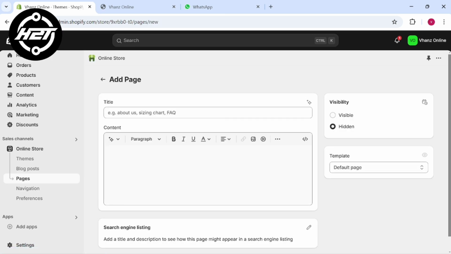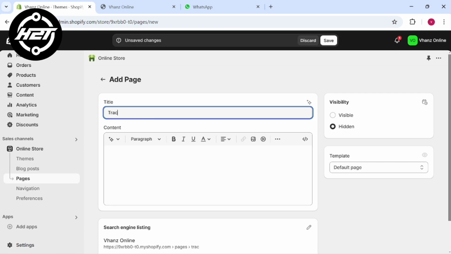In the page title, use a title like track your order or order tracking. But for me, I will choose track your order. Then add a description.